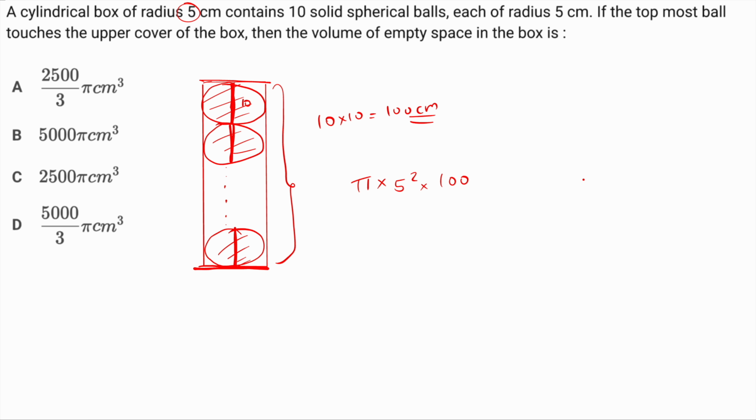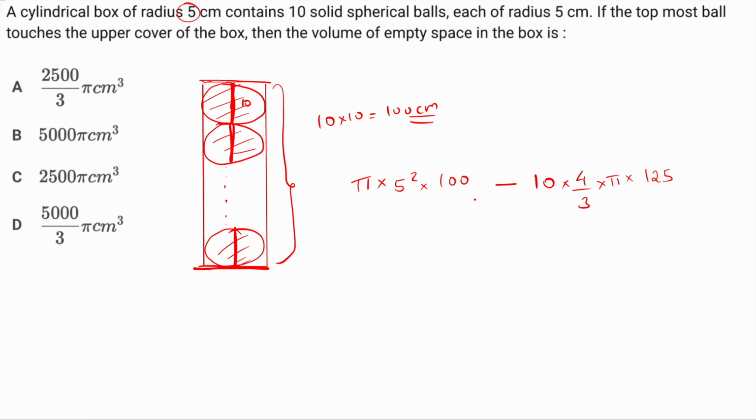Each spherical ball has a volume of 4 by 3 pi r cube. 4 by 3 pi into 5 cube, which is 125, right? And like that, I have 10 such balls. So the total volume of all these balls is 10 into 4 by 3 pi r cube. So pi into 5 square into 100 minus 10 into 4 by 3 into pi into 125 is the required